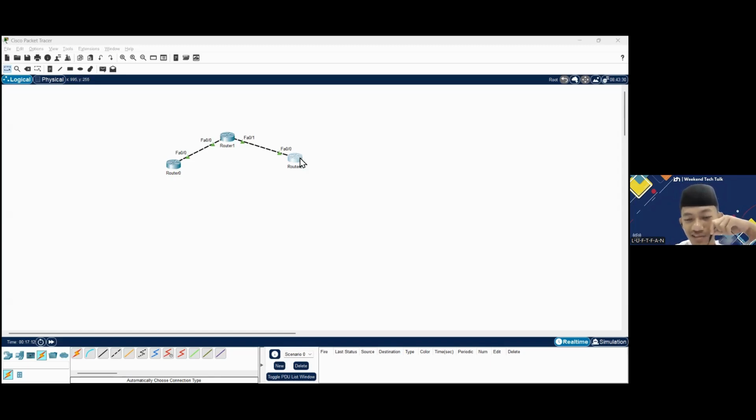Okay, now we go to router two to configure EIGRP there.